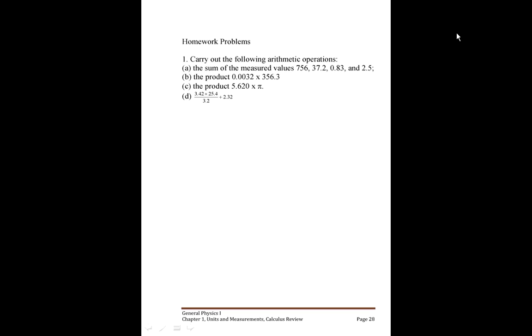Okay, this is chapter 1 homework for Physics 201. It says carry out the following arithmetic operations. The sum of the measured values 756, 37.2, 0.83, and 2.5. When we add up numbers, we keep the lowest number of decimal places. So when I add up these numbers, I will say